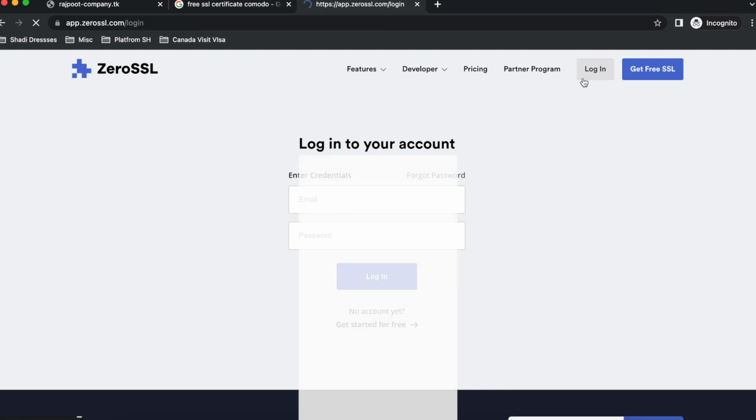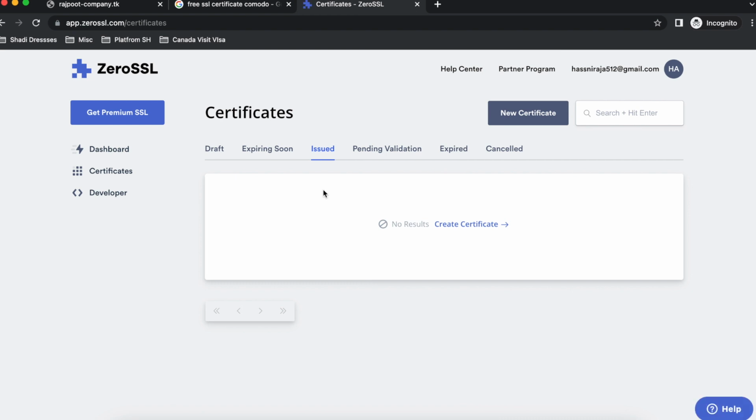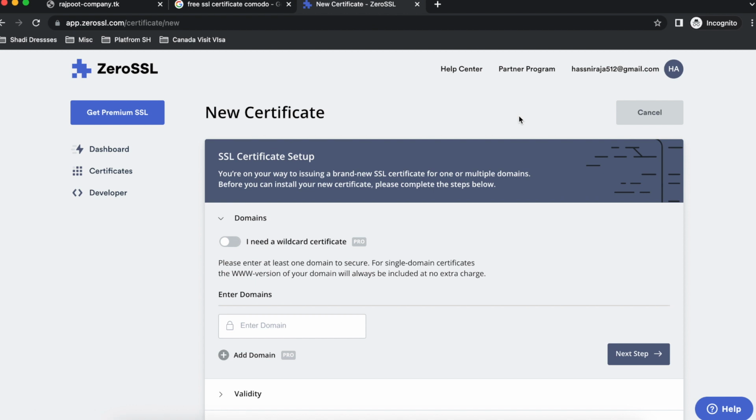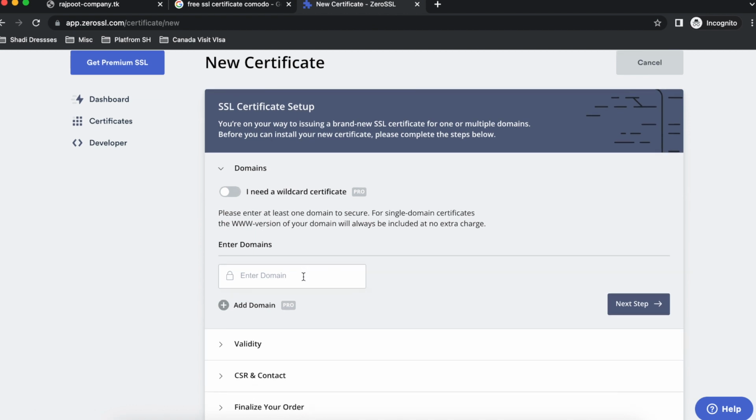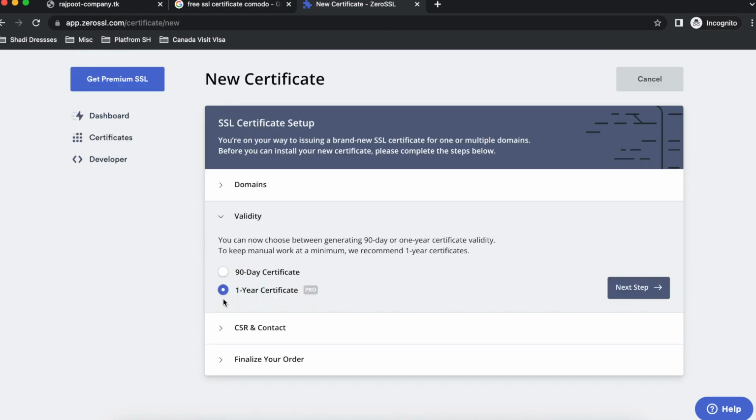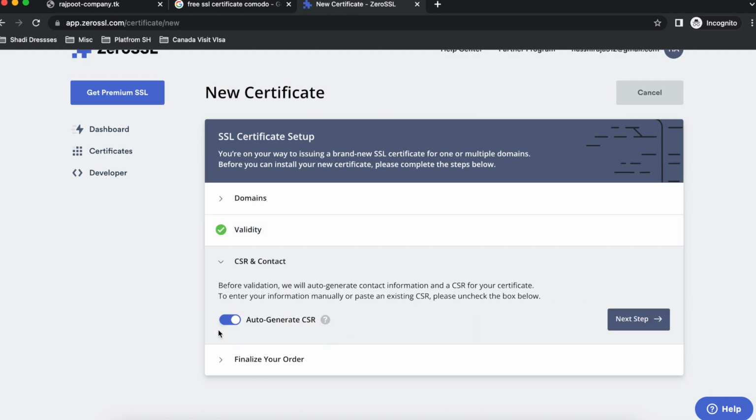But for example, if we log into this, I'll show you some of the things here. Now you can see that here we have the certificate. So if we go to the new certificate here, we can add the domain here. The next thing is validity. So you can see what we need. For example, we need the free one. Okay, the next step is